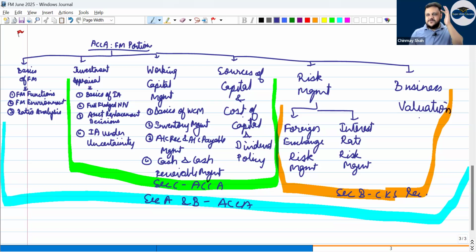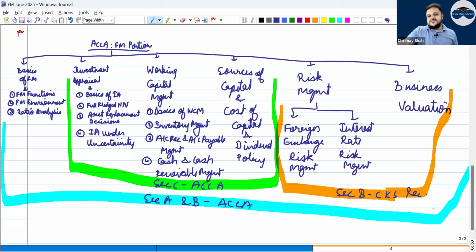At times, if you are lucky, these 3 chapters will only appear in section B. Section B case study, one of forex, one of interest rate risk, one of business valuation. But you need to have very good luck on that day. Pray to all the gods that you know. Then you will get section B questions from this directly. Cut, copy, paste. At times I have seen students score 30 out of 13 in section B if all the 3 questions come up. There also there will be a mix of solving as well as practical questions. A very famous question in exam would be a foreign exchange question, asking some forwards or futures or money market hedge or something.